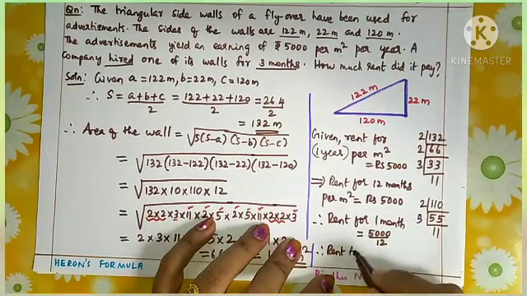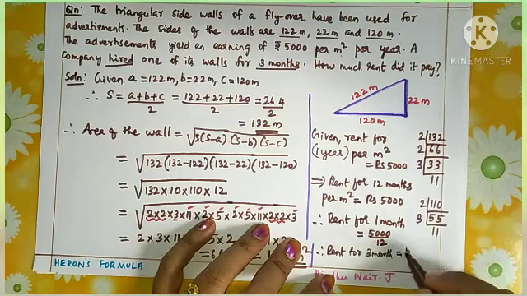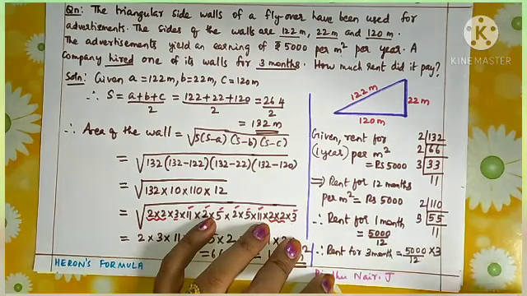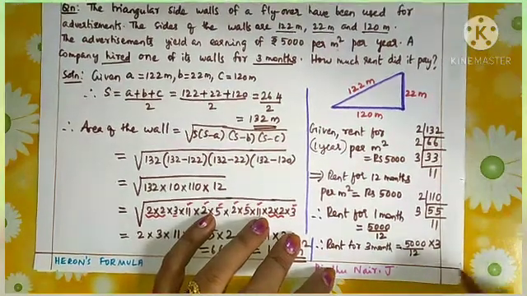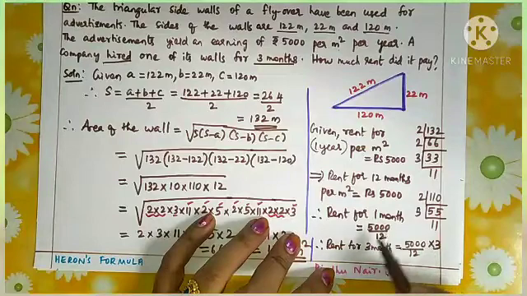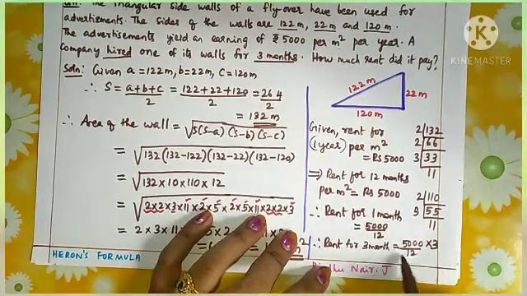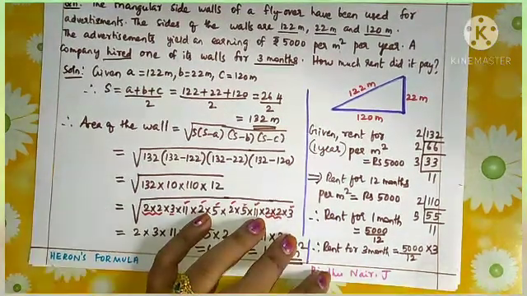So rent for how many months we want? 3 months equal to this 5000 by 12. This is for 1 month into 3. Okay, so that's why I didn't simplify it here, because this you already know is the rent for 1 month, we divided by 12. Now to calculate for 3 months, you just multiply that by 3. Then it will be some more easy for you. Okay, now you can cancel.